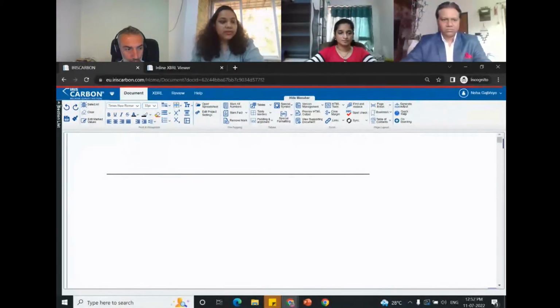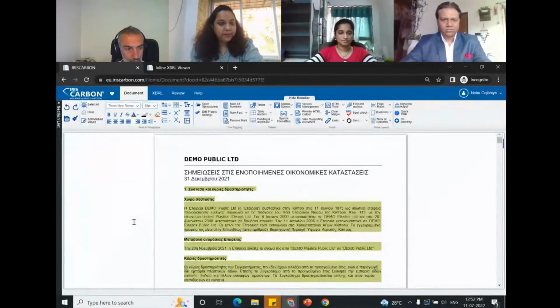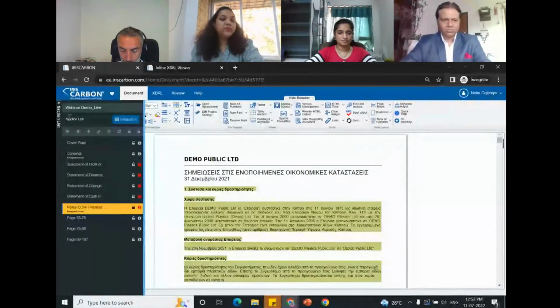So we are going to see our document now. On my left-hand side, you will see a section manager. Here, we have divided the document into certain sections to make the platform multi-user and collaborative. For example, I'm tagging this section, that is, notes to the financial statements.